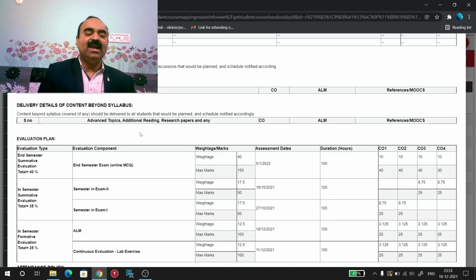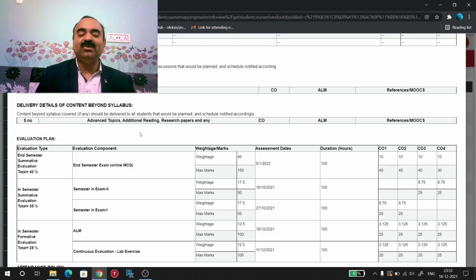So, in every course handout, you can find out the evaluation plan. This is the general pattern of evaluation plan. 60 marks for internal assessment and 40 marks for end semester examinations. Out of which, through internal examinations, you can get 35 marks.